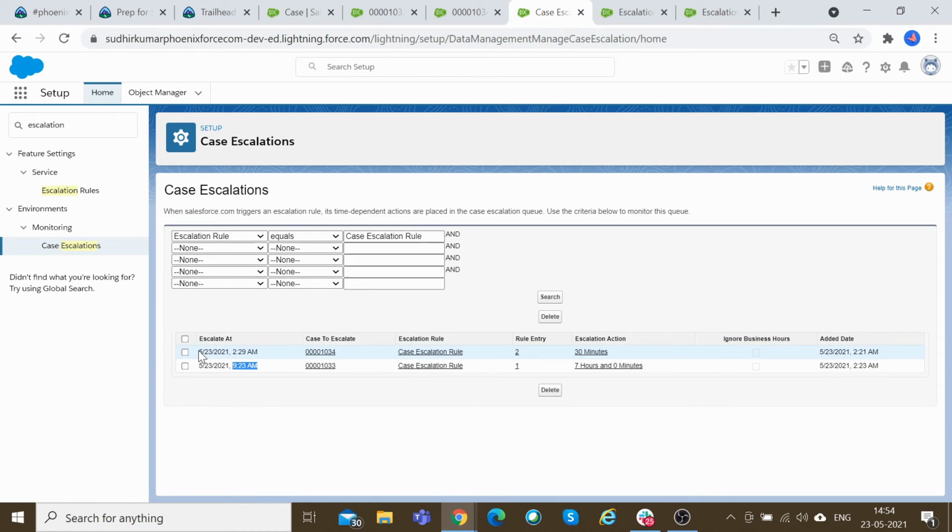Escalate at 2:29 a.m. So what is my time zone? What I'm trying to do is see when this case will be escalated. So this is the time when it will be escalated. Since today is the 23rd and we had set up after 30 minutes and 7 hours. So based on